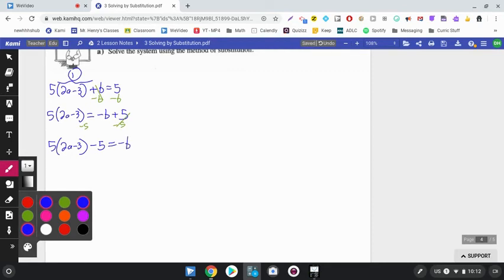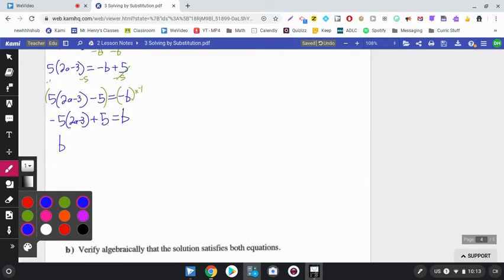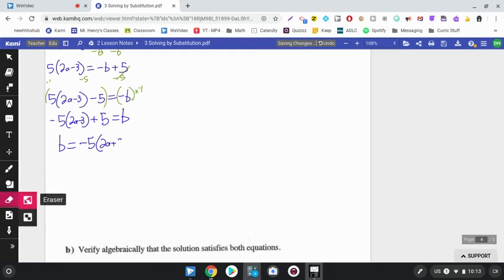And that's not great. I don't want a negative b. I want a positive b. But I remember, hey, I could just multiply by negative 1. And what I do to one side, I have to do to the other. So you get negative 5 times (2a minus 3) plus 5 equals positive b, or this, negative 5 (2a minus 3)